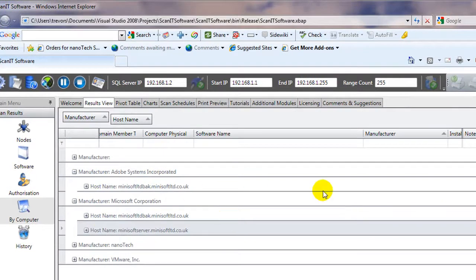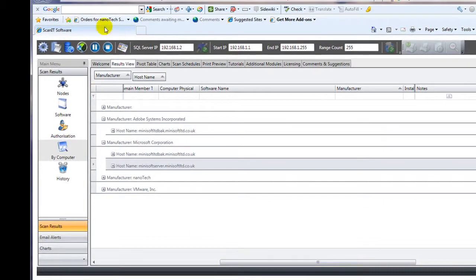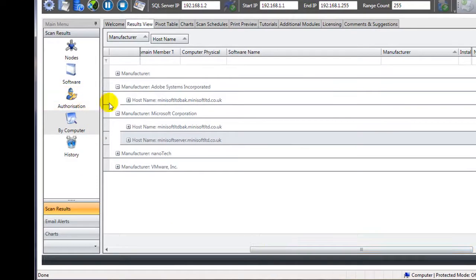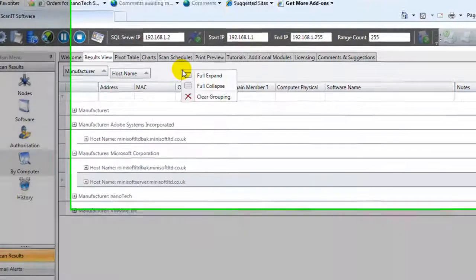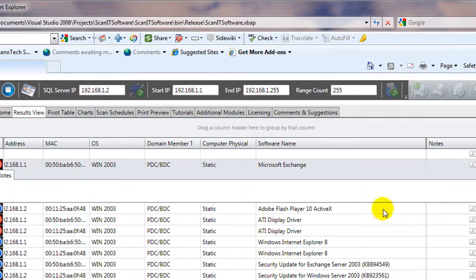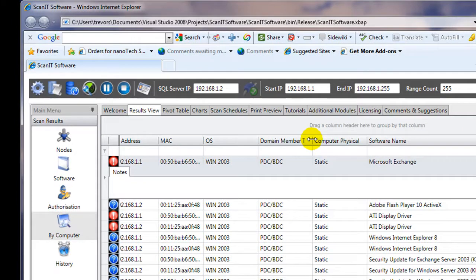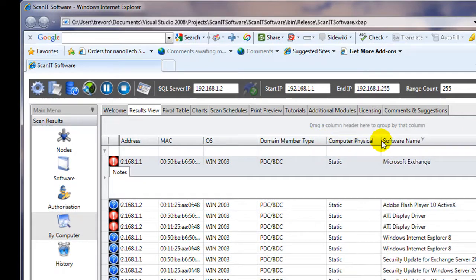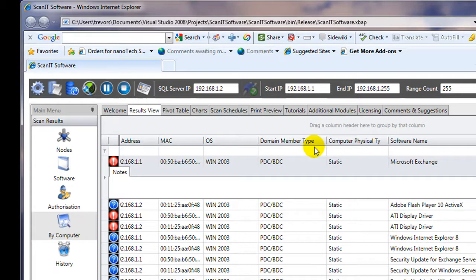We can group by those different types. Whilst this is Scanit Software, I have run Scanit Systems earlier on this network, and I'm just going to quickly clear the grouping. Because Scanit Systems has been run, this view now has the domain member type in it, and the computer physical type, and the operating system, which is information that was gathered by the Scanit Systems application when it ran. The data was combined, and now every other application will be able to make sorting, grouping, and filtering decisions